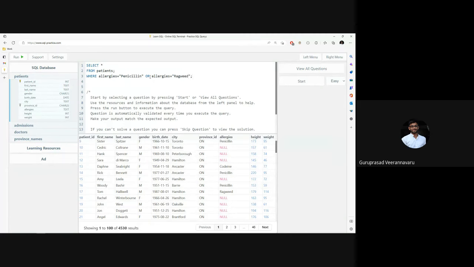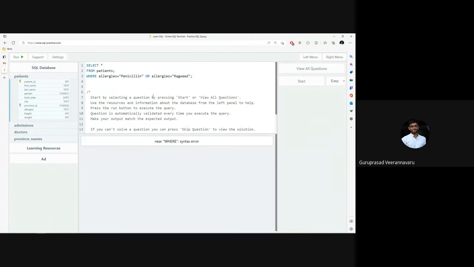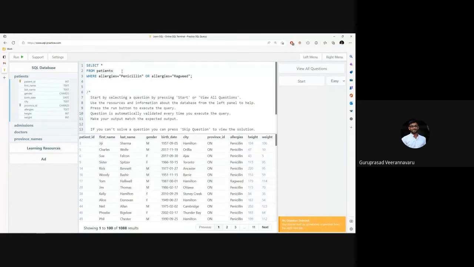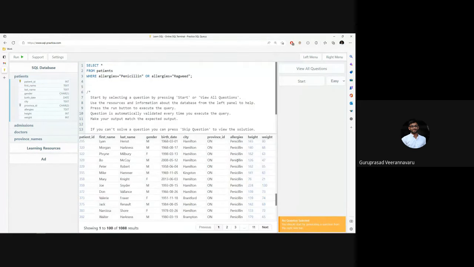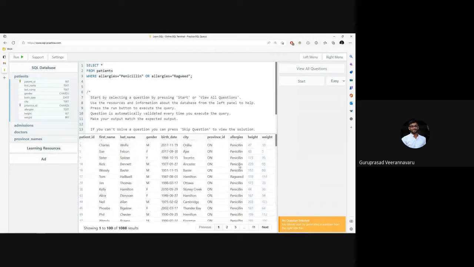So now if I hit enter and if I do... okay, I have to remove the semicolon. You saw the mistake, right? What mistake did I make? I added a semicolon and then again I wrote where. So it should not be like that. It should have been here. Okay. So now when I do a control enter, you can see the allergies is either penicillin and